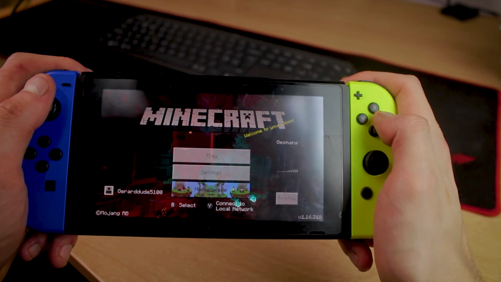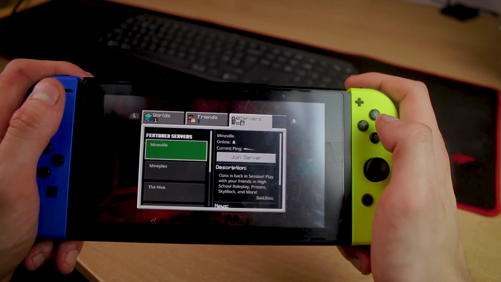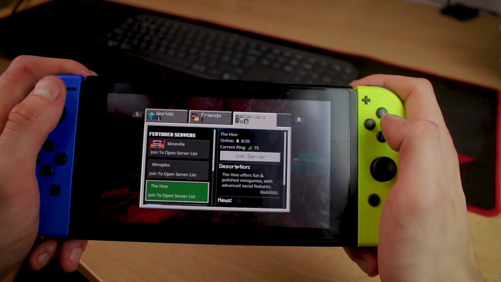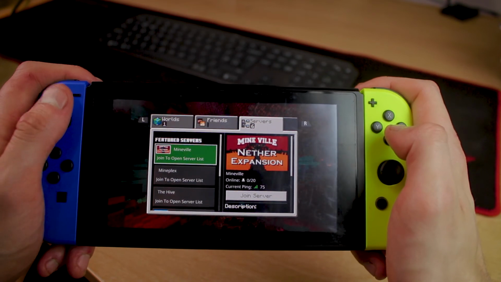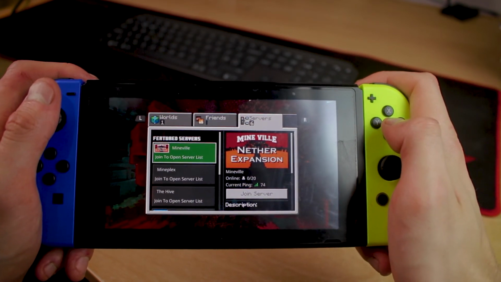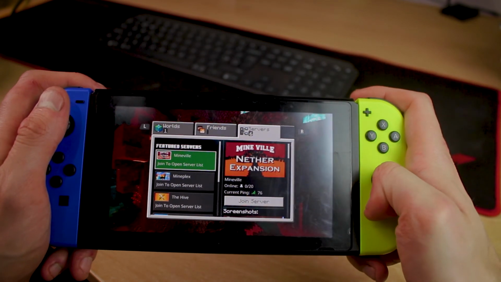Then if we go to play, we'll be able to see the servers that we've got: Mineville, Mineplex, these ones, right? And right now, if you join them, you'll just join the current server that they're hosting and not your own server. So to change this, we're going to have to go to home,